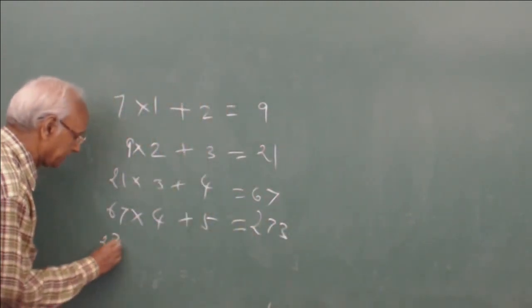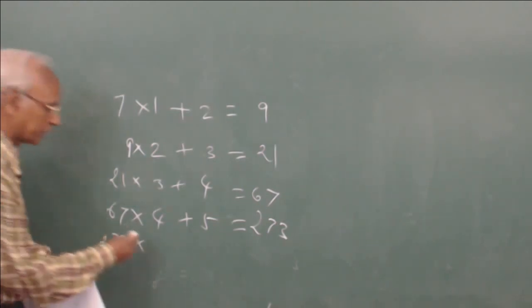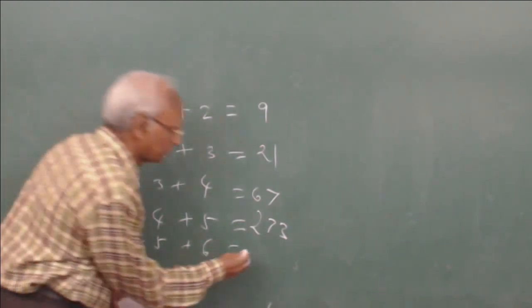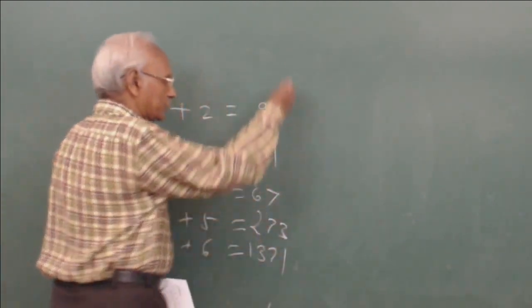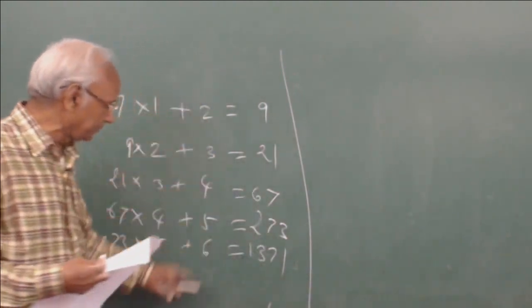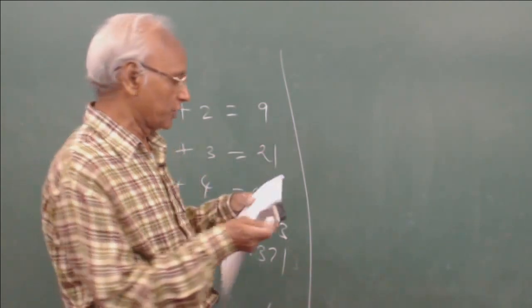Similarly, 273. Unless you complete this table, you will not know exactly how things are working out. This is what will take time. This you have to work out. Once you work it out, then solving the question is very simple, because exactly in the same way the second row is formed.